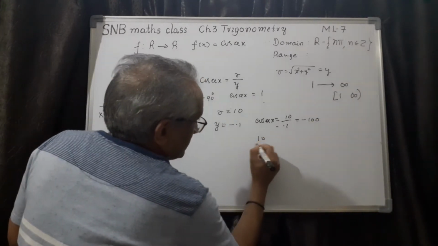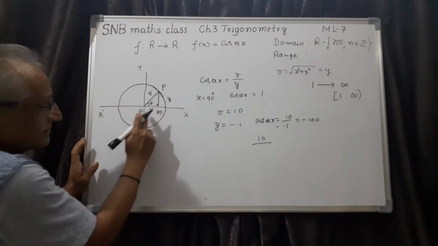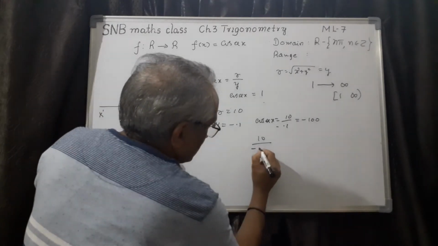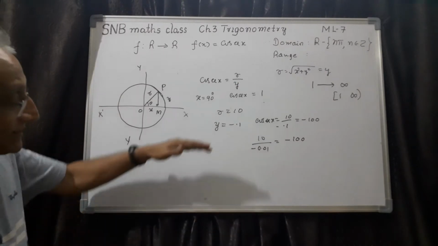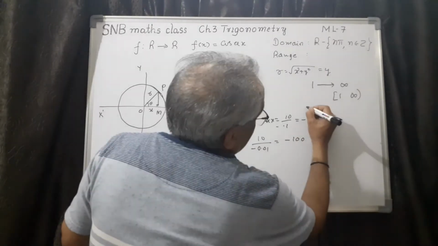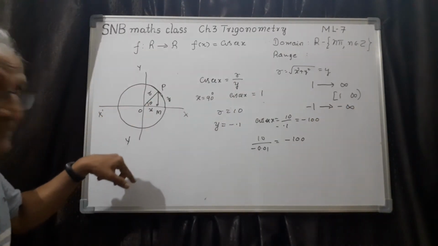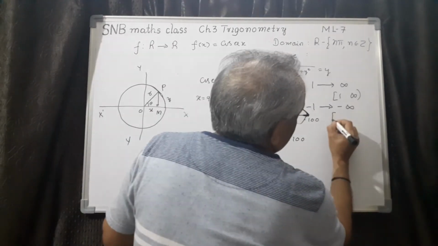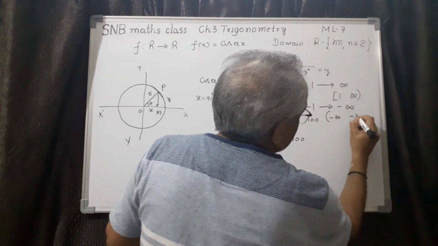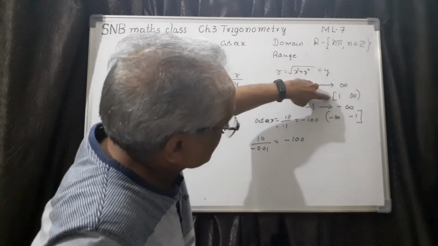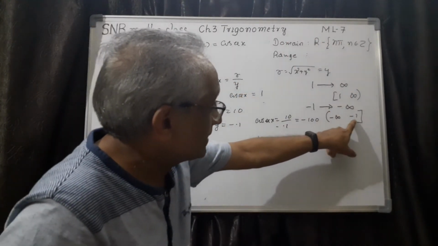Suppose you take now 10 divided by minus 0.1, if the angle is going very near this x-axis, but in this direction. So it is, say for example, minus 0.01. This will be minus 1000. This means in the negative side, maximum value is minus 1, but minimum value will be anything negative this side. So another branch is from minus infinity up to minus 1. See here 1 is included, closed interval, infinity open interval. Here also minus infinity this side, minus 1 is included.